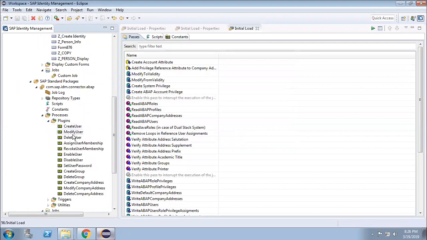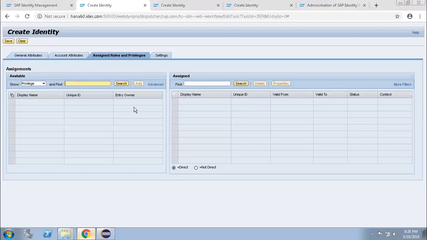That create process, modify process, these are the standard processes. Using the standard processes, these things will automatically trigger. We don't have to do any kind of customization. If you do not have any kind of restrictions in your company, the standard process will do, I can say, your 90% of the job.